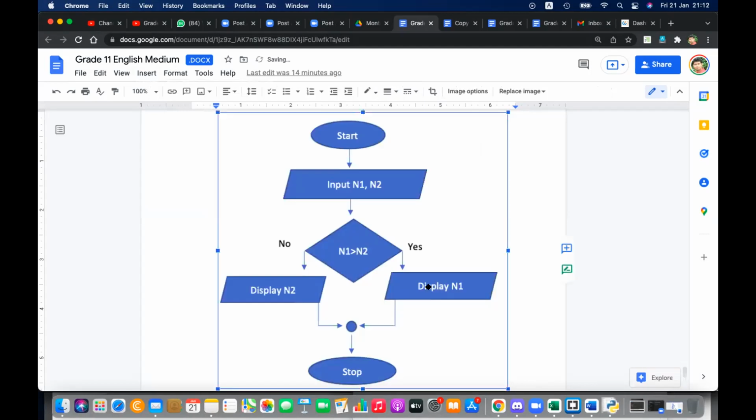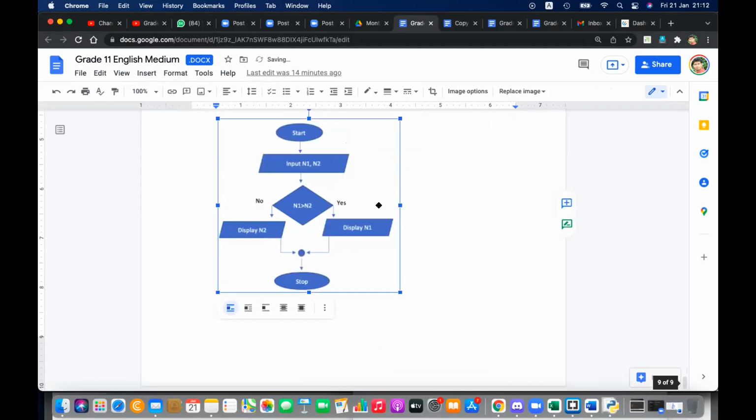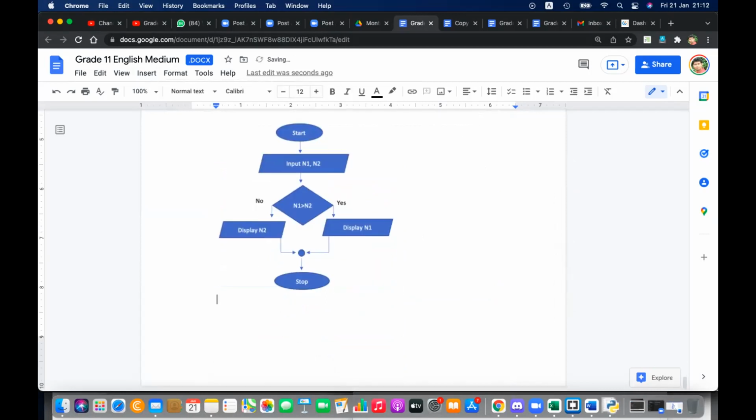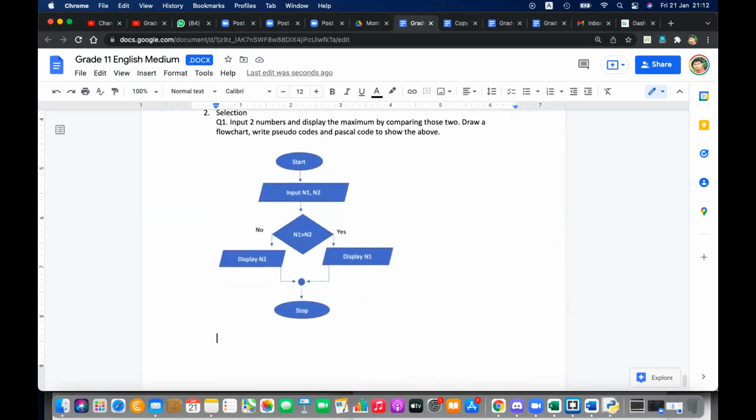Okay, that is about this. Now let's solve this. Actually, they are asking to write pseudocode. Pseudocode means like false code. Pseudo means vyaja in Sinhala, vyaja means boru, lie, not really. You don't have to write the really working code, but you have to write some kind of code explaining this. You can write anything in English. You can say begin or start. Then input number 1 and number 2. Then you can say if number 1 greater than number 2,